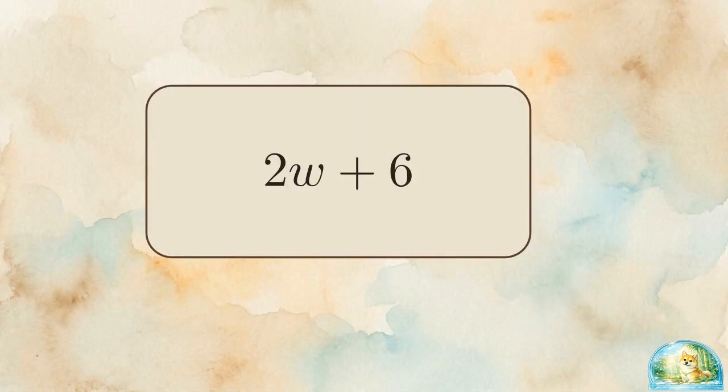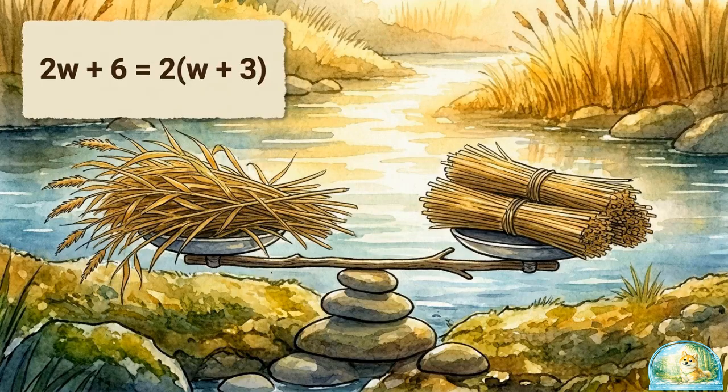We reorganize by factoring out a common multiple, pulling the 2 out front. That outside 2 shows how many identical groups we have. Inside the parentheses is what goes into each group, w plus 3. Factoring the expression confirms the pile is made of two identical groups, which is why Birch can split the total